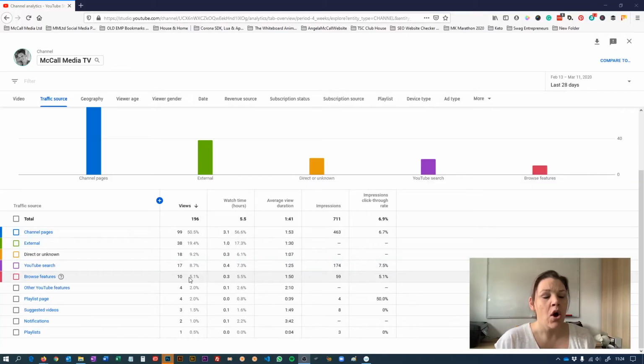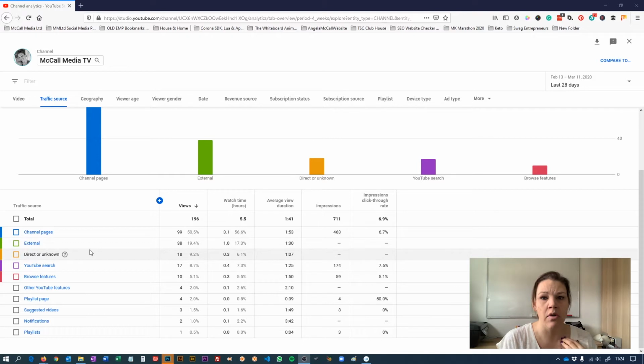So at the moment, 5.1% of my viewers or views are coming from this strategy. So if you look at these two, the purple and that kind of red colour together, these are metrics that I am only able to influence through the engagement on my videos and my SEO optimization. This isn't me telling Joe Blogs go and check out my video, which is what the top ones are all about.